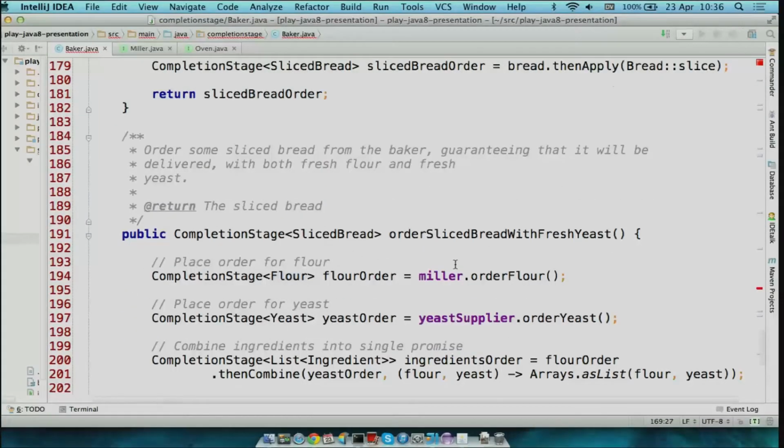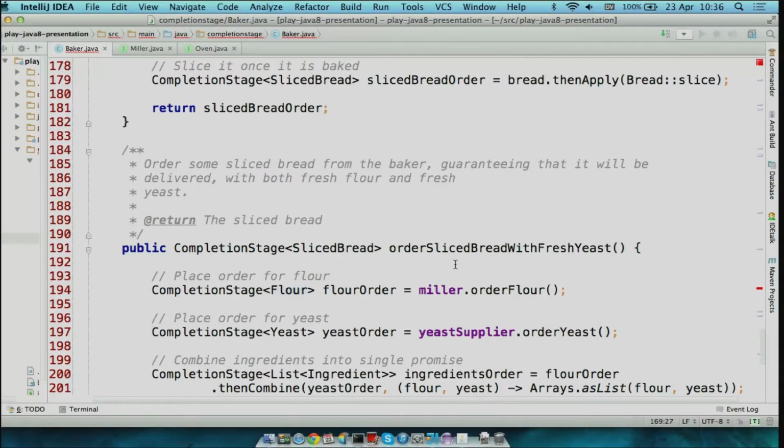Okay, another thing, sometimes you want to do multiple things in parallel. Let's say the baker's decided to step up the level of freshness and it actually orders fresh yeast. I know that actually doesn't make sense because they tend to keep a culture growing, but let's just pretend.